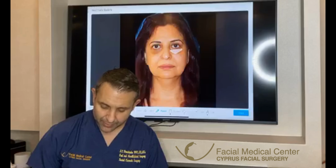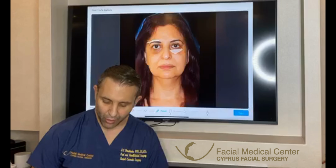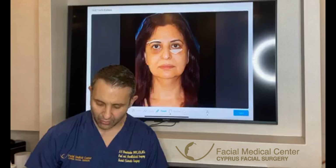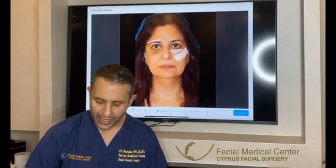And of course, sometimes the eyebrow gets very, very empty and we need to fill it in with some volume. That is when the fat grafting technique comes in, my favorite one, and I'll give you another lecture to explain it. It is when we go in and put some fat into the area of the brow, the cheeks, here, and the area of the eyes, and we add volume to give more aesthetically